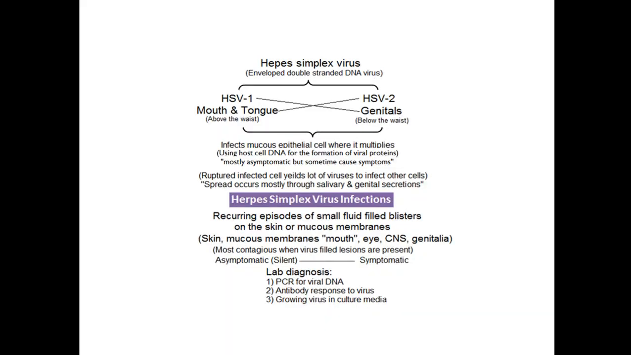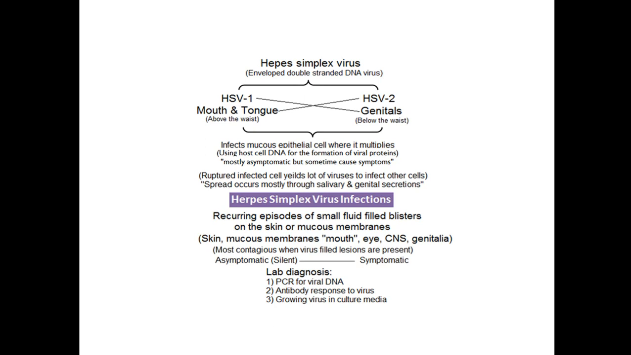Now, this is the summary of the herpes simplex virus infection. As I told you, the virus infects the mucous epithelial cells where it multiplies, and it will use the host DNA for its replication, and the symptoms vary from annoying symptoms or no symptoms to very serious and life-threatening disease. When the infected cells rupture, they yield a lot of viruses to infect other people, and